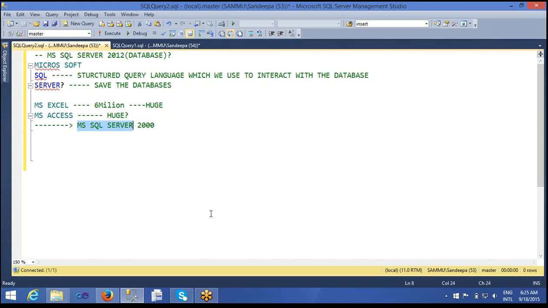At that time everyone suggested MS SQL Server. It's a very fast tool where users can interact in a fraction of a second. How is it useful? I will tell you, one second. Here we can see 6 million records, and the data is able to be used.